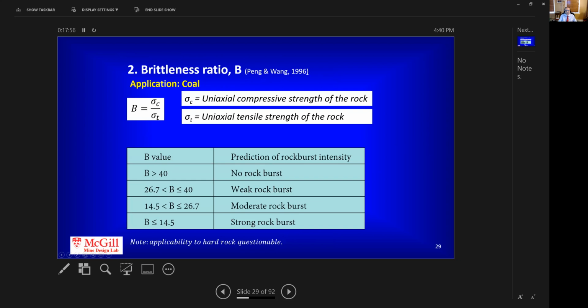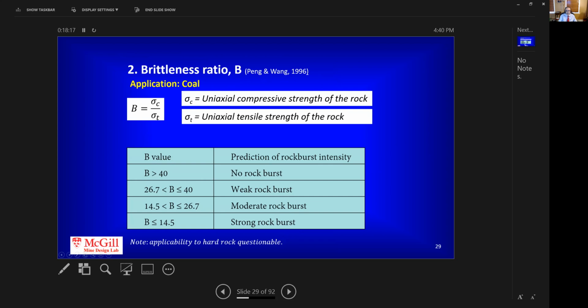The second method is primarily for coal. That's the ratio of sigma C over sigma T. And this has been used and applied to coal mining. It has not been demonstrated to be applicable to hard rocks that could exhibit